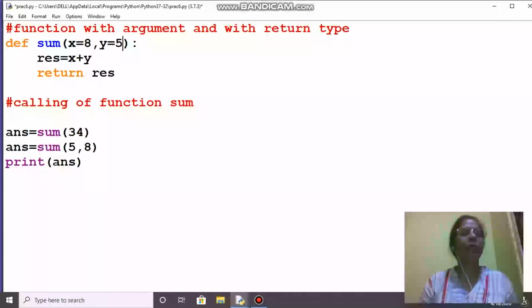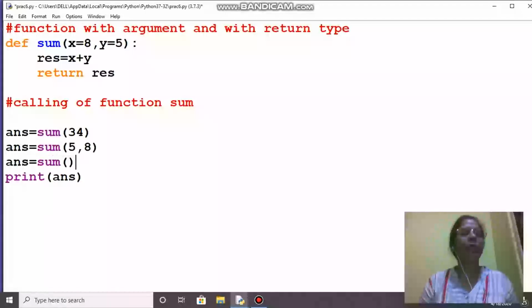If I want to make x the default argument, y also has to be a default argument, or we can interchange. Interchange means if we want only x as default, then x will be in the rightmost position, so y will be here and x here. Now we'll see one more execution of default argument. What will happen in the third case?